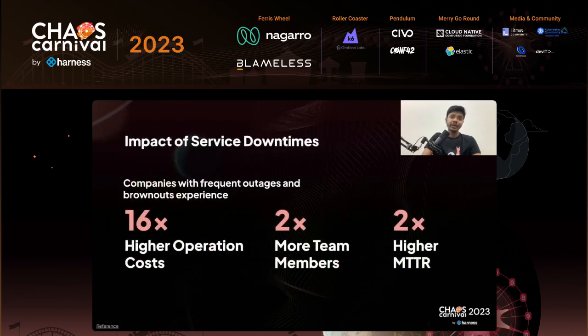So let's try to analyze the impact of service downtimes on businesses. According to a report by LogicMonitor, companies with frequent service outages and service brownouts, that is degraded SLOs, experience 16 times higher operation costs, need twice as many team members, and take twice as much time to resolve the issues. While these figures by themselves indicate the level of threat that service downtimes and service brownouts pose, they don't